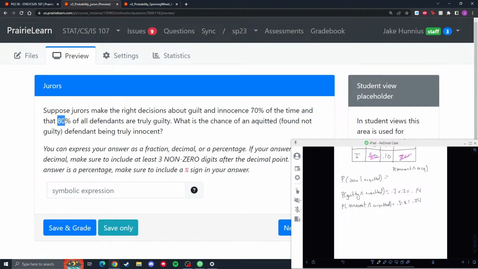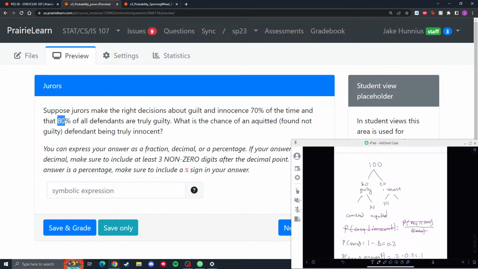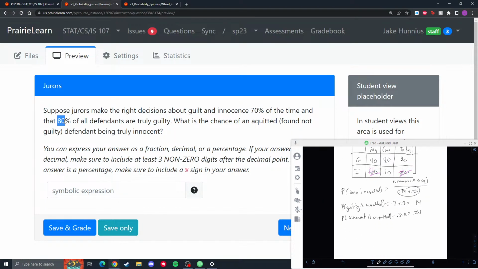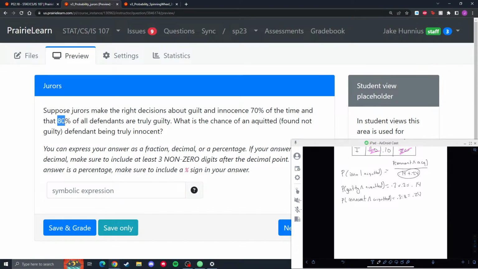over our total probability that they're acquitted. We can just add these two together because if you think of that in terms of the tree, it's just acquitted and acquitted. Sum that up, so we get our 24 over